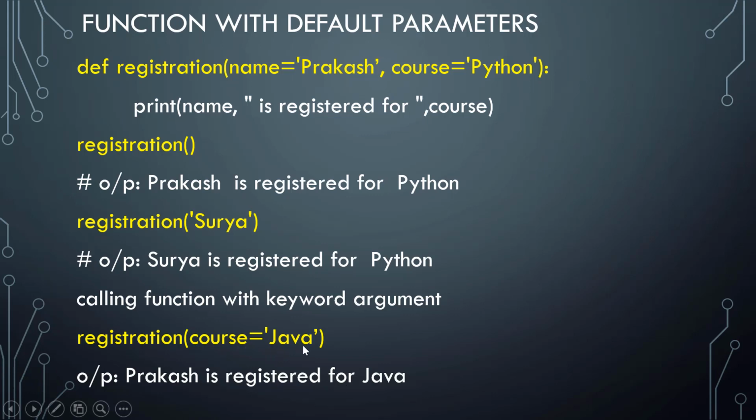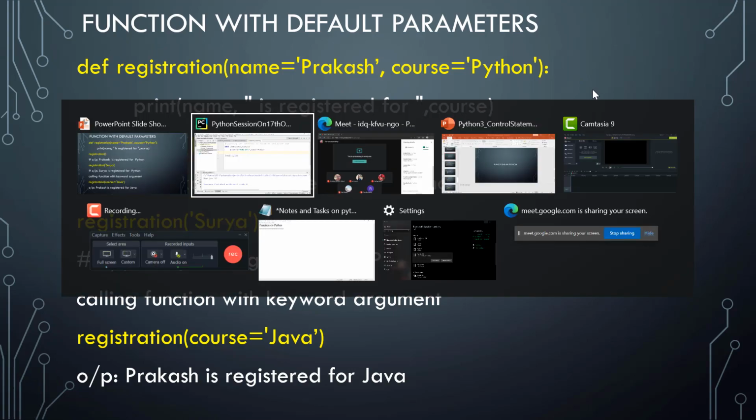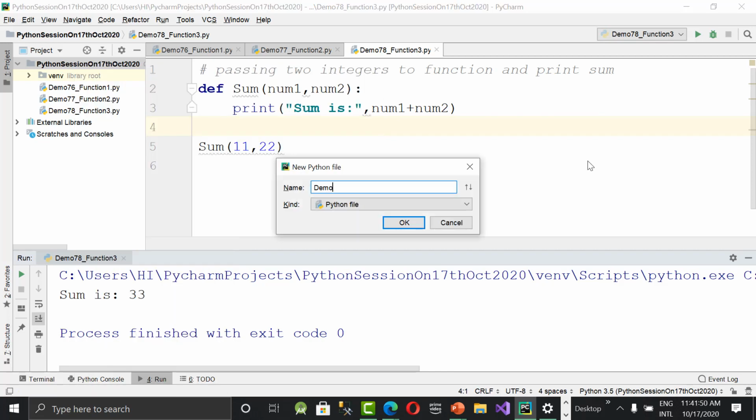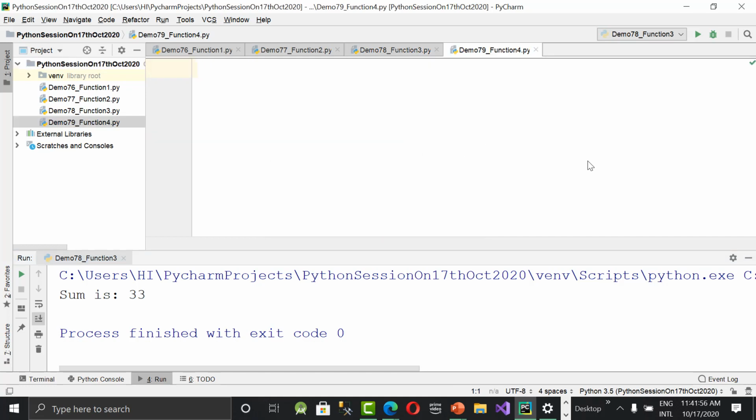Registration function with the default parameters. Okay, let's go to PyCharm, create a new file and see what is going to happen when you create a function with default parameters. Function 4, I said. So, def registration, or any other name you want, you can give it.